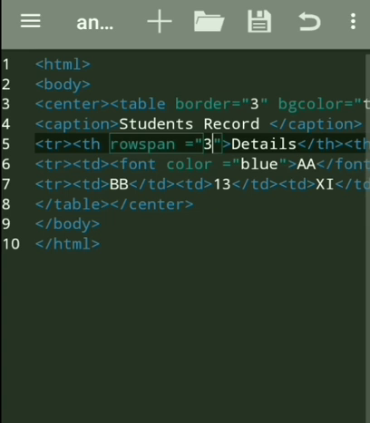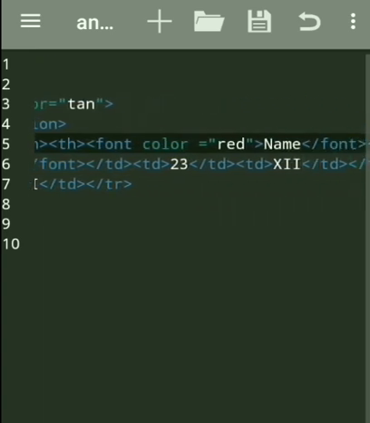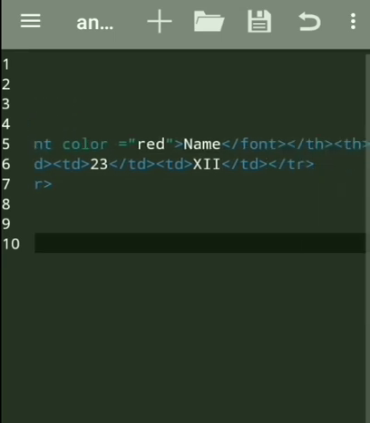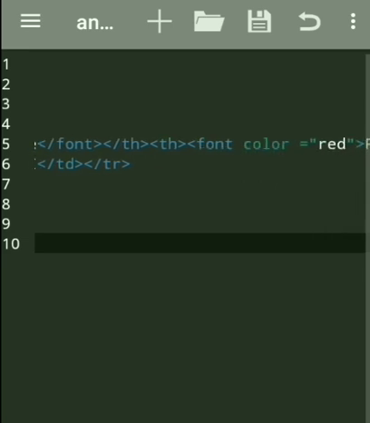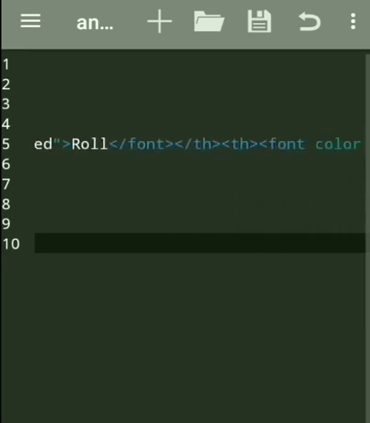That's why you see here are 3 rows, only the first row has this one extra cell, the rowspan 3. This is extra, that means this column is extra and this is extended 3 rows. 3 rows means this drags down over the 3 cells. And these are the others, name, font color, font tag, these are all the others, the 3 cells.